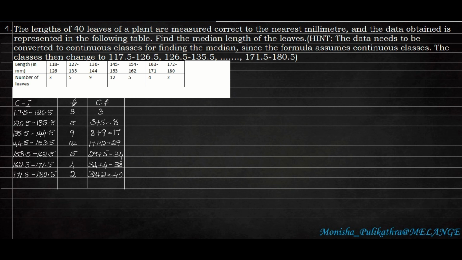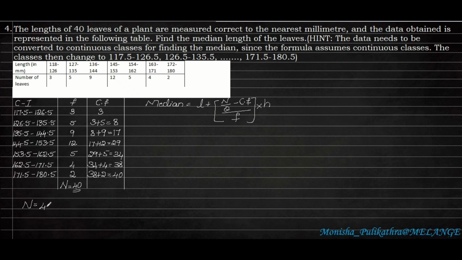We can verify it by adding the grand total of the frequency. When we add this, we get n is equal to 40. The grand total of the frequency and the last number of the cumulative frequency should be the same. If it is equal, then whatever we have calculated is correct. So n is equal to 40. Next we have to write the formula for median. The formula for median is L plus n by 2 minus CF whole divided by F into H.